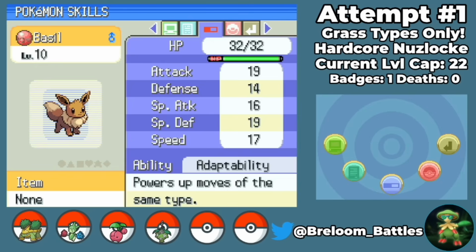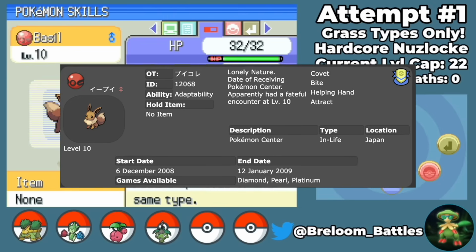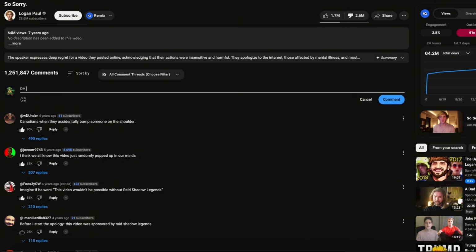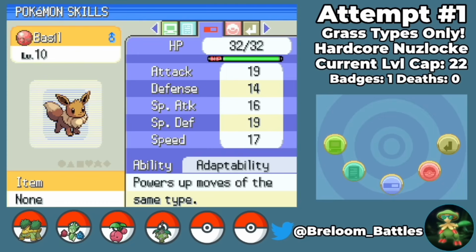Eevee is a Pokemon that is normally locked behind the postgame, but a level 10 Eevee was given out via an event back in 2007. To the keyboard warriors in the comments saying, "Oh, he's cheating, he's not playing legit, you suck, you need to die." Keep in mind, this run has never been completed on YouTube before, and this run is most likely impossible